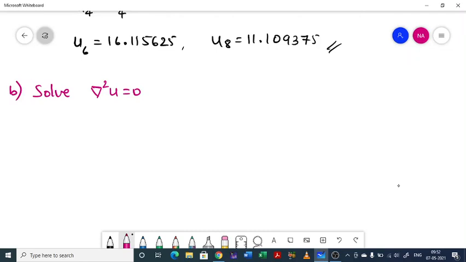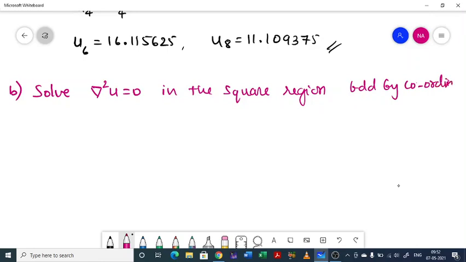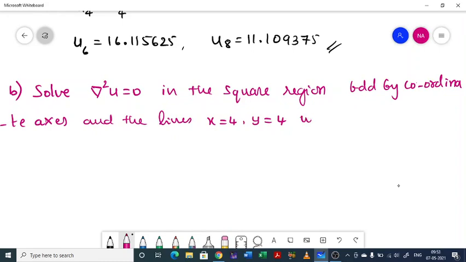Del square u equal to 0, in the square region bounded by the coordinate axes and the lines x equal to 4, y equal to 4, with the boundary conditions given by,